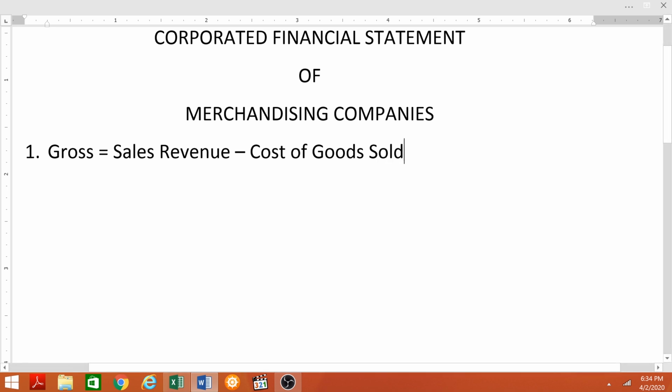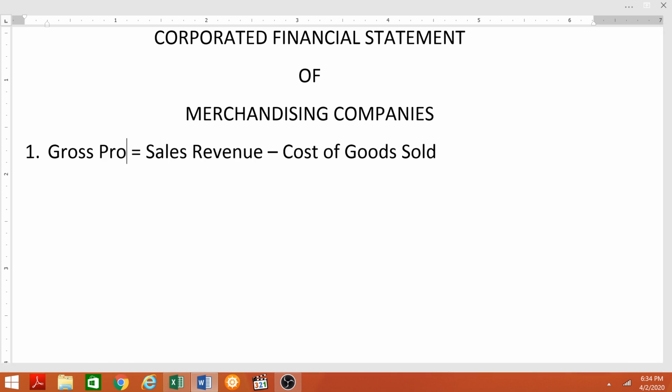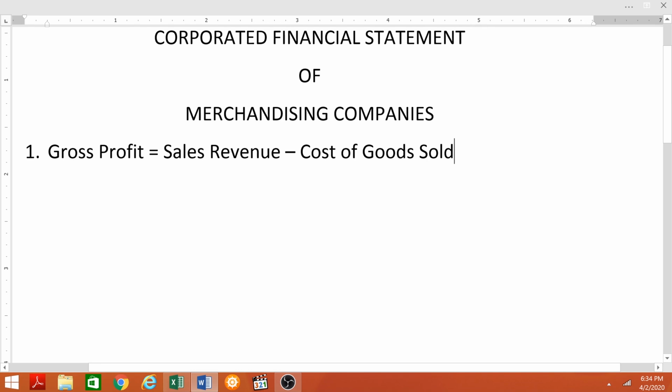Once you calculate the revenue and the cost of goods sold, then you can easily calculate the amount of gross profit. So the first step, you need to calculate the revenues. Revenues means the total sales of the businesses in a complete period. Then you need to calculate the cost price, that is cost of goods sold of the complete period. Once you calculate the gross profit,